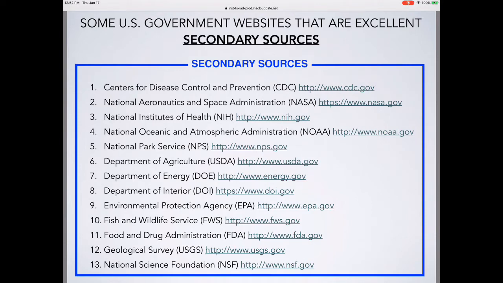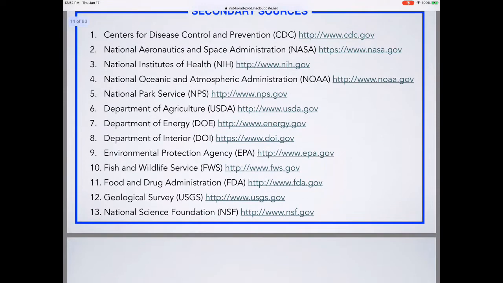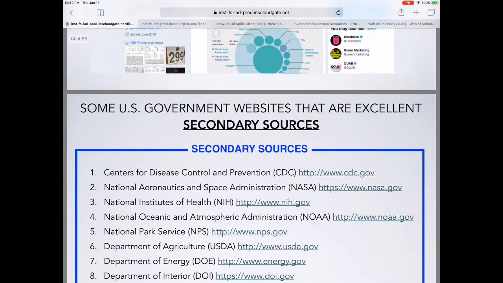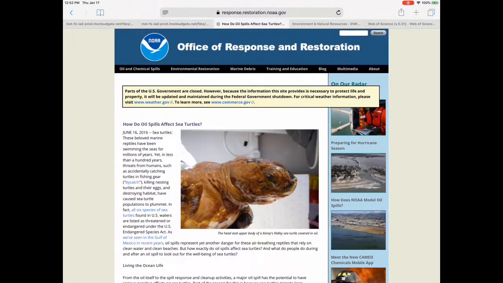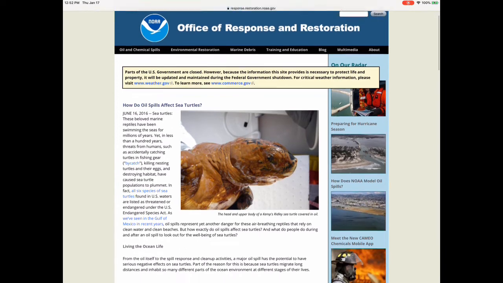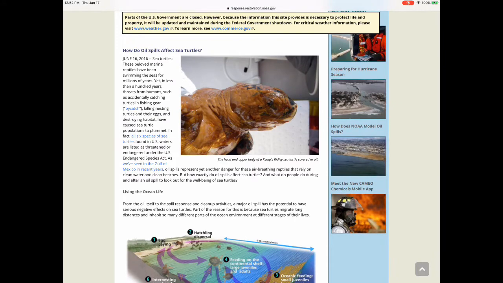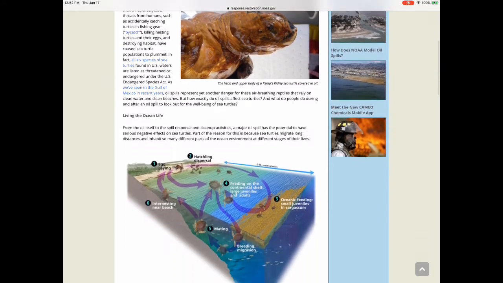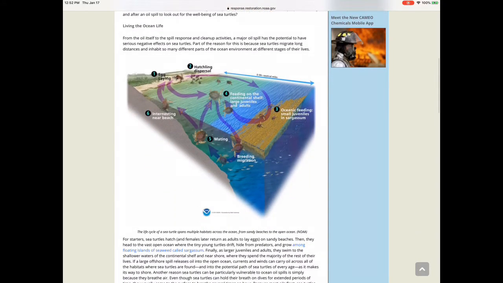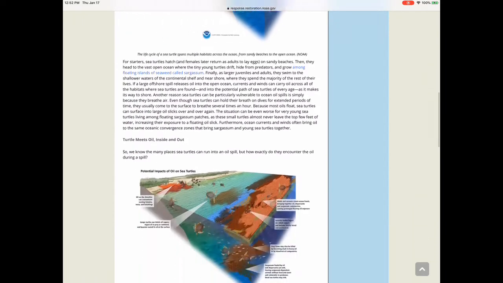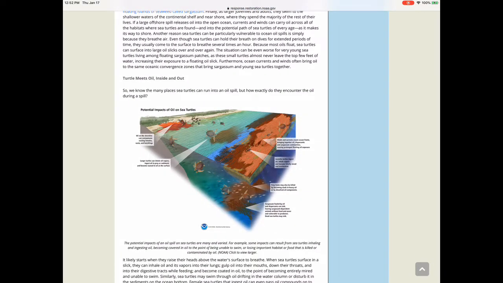And so I'm going to go to the NOAA's website, and I'm going to find an article that's of interest to me. In this particular example, I'm interested in oil spills, and I'm interested in turtles. And so this is a NOAA article that looks at oil spills and how they're impacting turtles. This is a great secondary source, and so this will serve as one of my 10 sources that I will